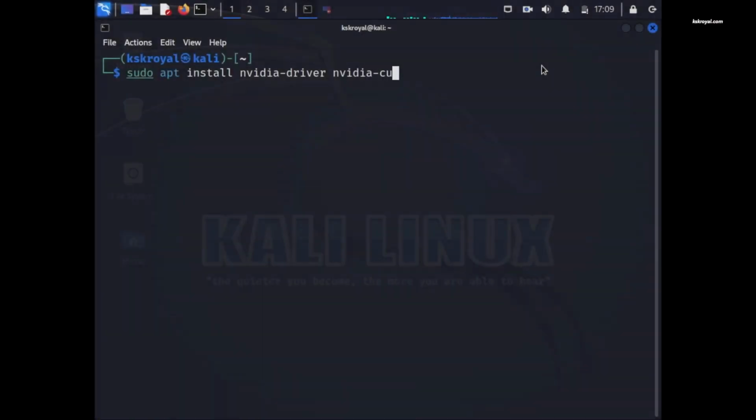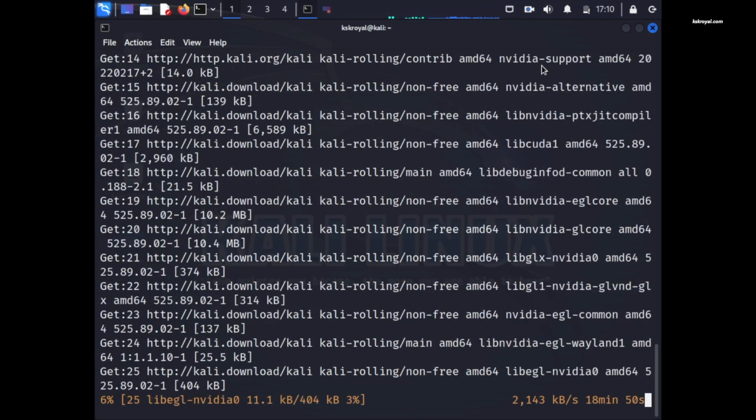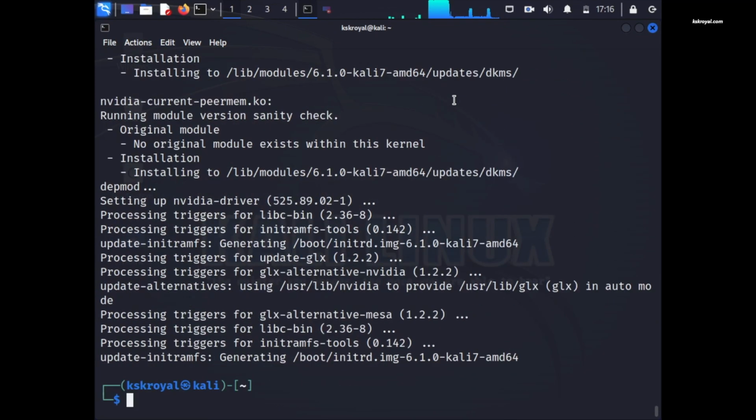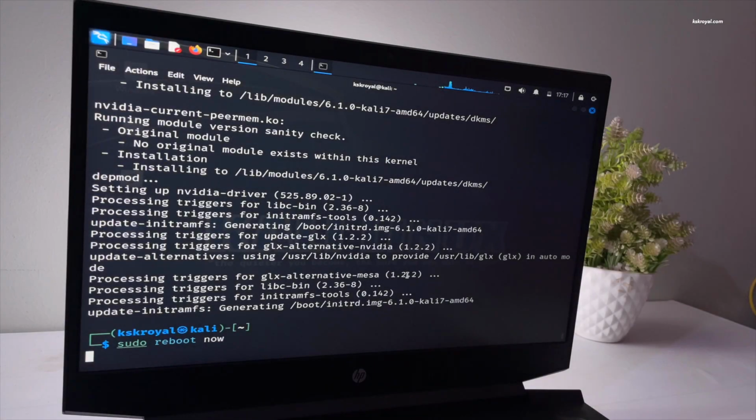Now type this command and install the NVIDIA graphics drivers automatically. Once it's done, reboot your computer. This time, it should boot into Kali Linux using the NVIDIA drivers.